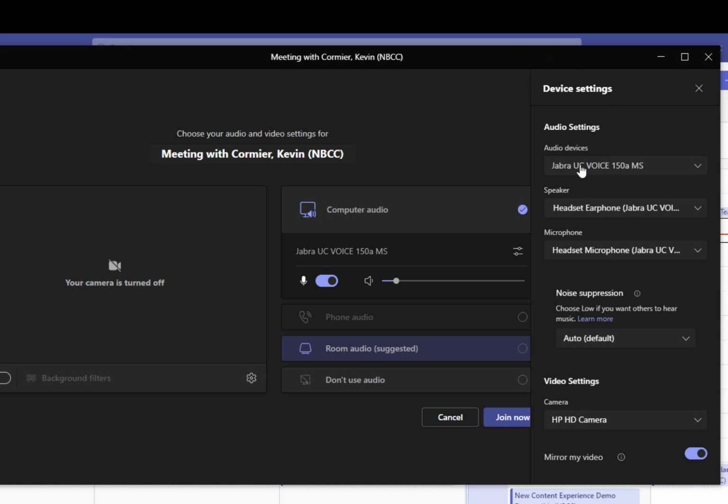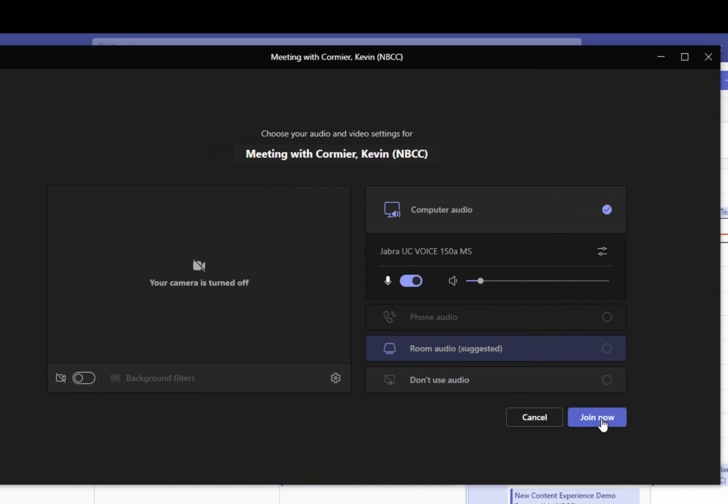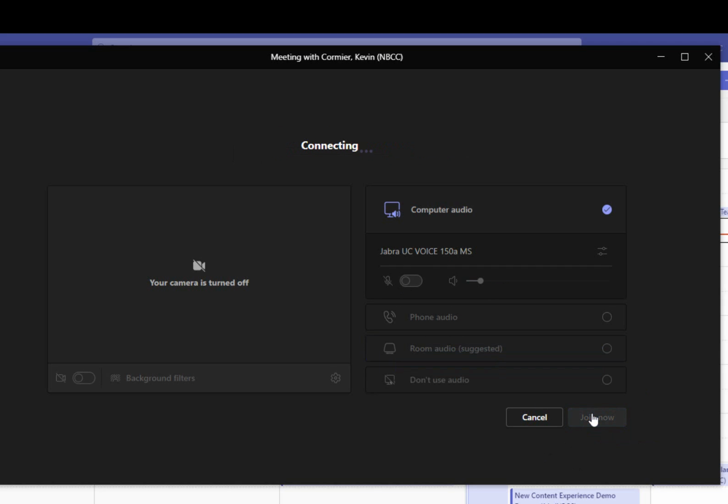And then again, you can select your audio device here, whether you want to use the PC mic and speakers, the Yeti Nano, the Jabra. And then same with speaker. You can choose whatever you want to be your speaker, and your microphone right here. You set that information there, and you can just click the X button after you've done that and join into the meeting. So I'm just gonna turn off my microphone here and join into this meeting I'm setting up for